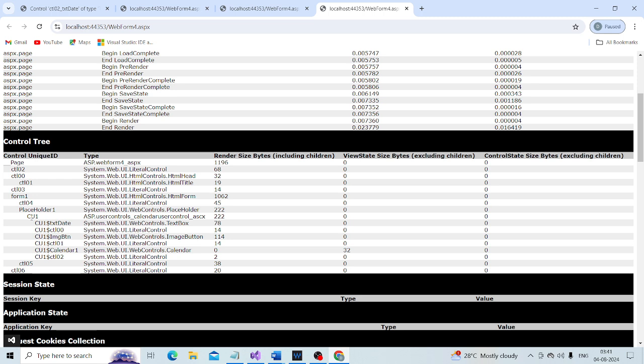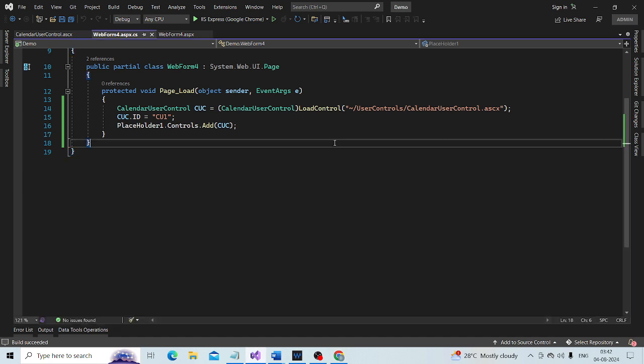Okay, now let's do one thing. Let's say I want to retrieve the value and print that, or maybe on the click of a button, whatever date that you have selected within that calendar user control.